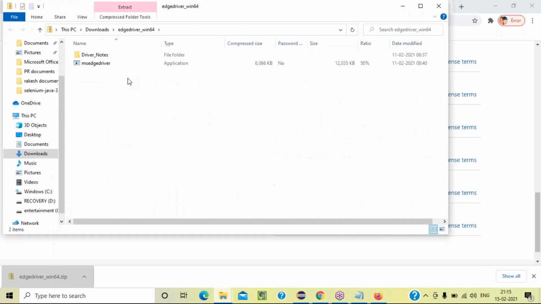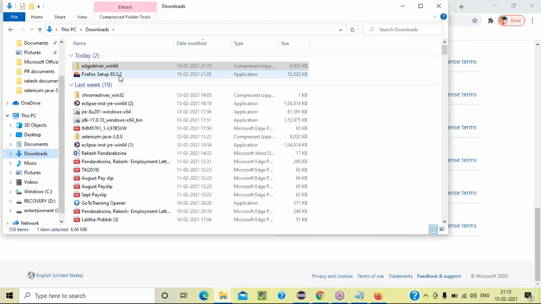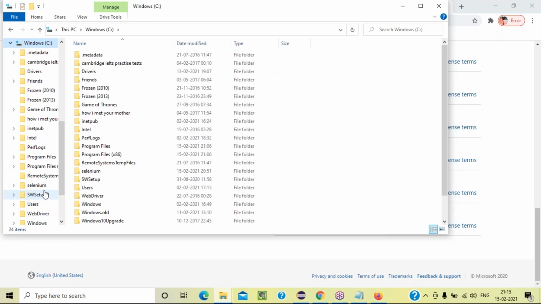Go to the downloads. Where is that folder? Okay, cut that one. Always keep a folder structure. Yeah, go to the Selenium folder.